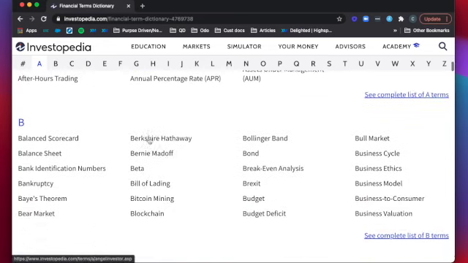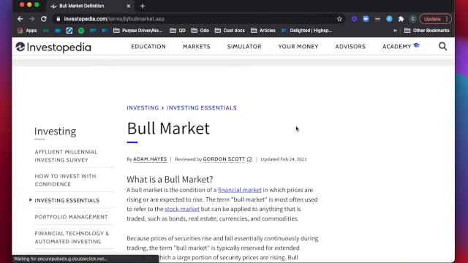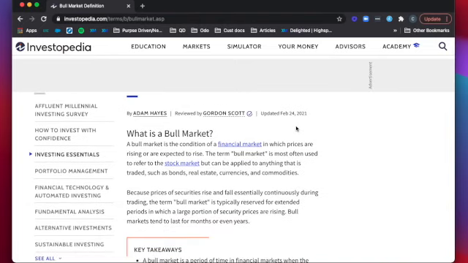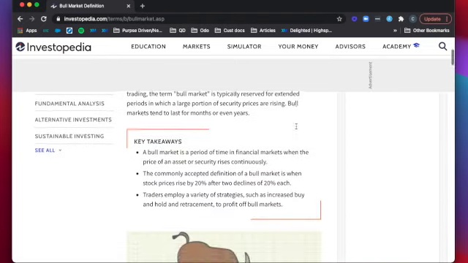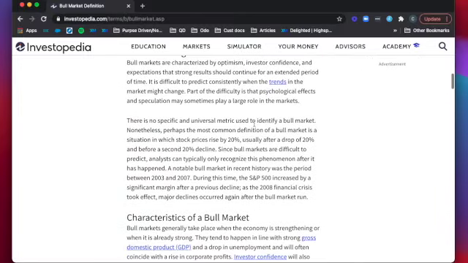So I can simply scroll down through here and see something that I've heard a few times, like for example, bull market. I've heard that a few times. What does that mean? And so I can click in here and get the explanation in quite a bit of detail, as well as usually a nice little video as well. So it depends on what